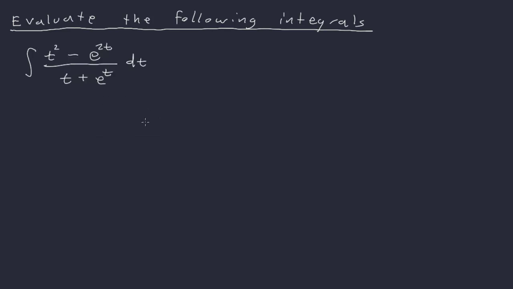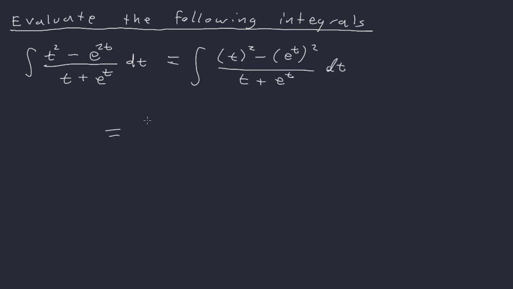All right, so let's look at another example like that similarly. Again, if you ever see a fraction like this, expect things to cancel, especially in this class and in Calc 2, at least in this section. In later sections, it may get a little more complicated, but here we should expect this to simplify in some way, and it will, because what we have here is a difference of squares. This is, of course, t squared, and this is e to the t squared. E to the 2t is e to the t squared,